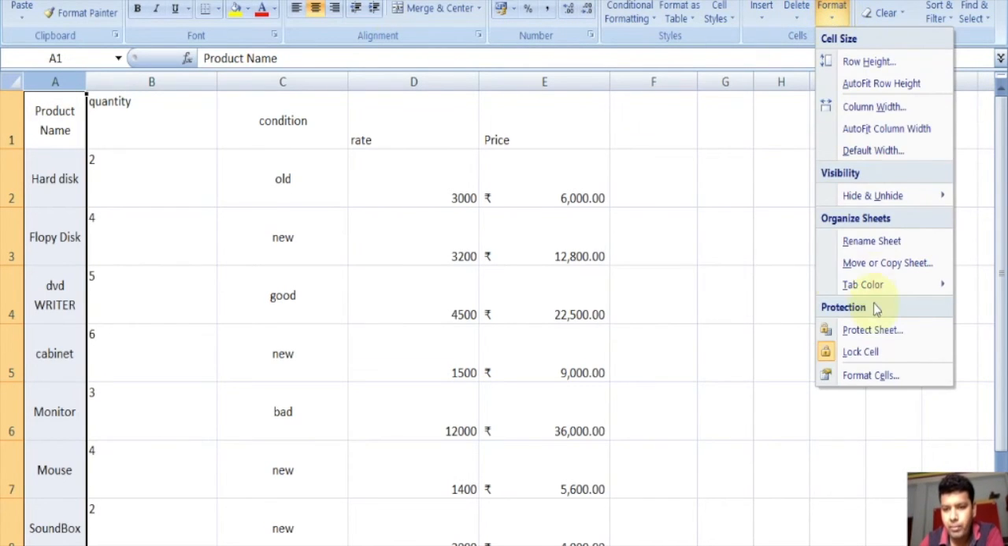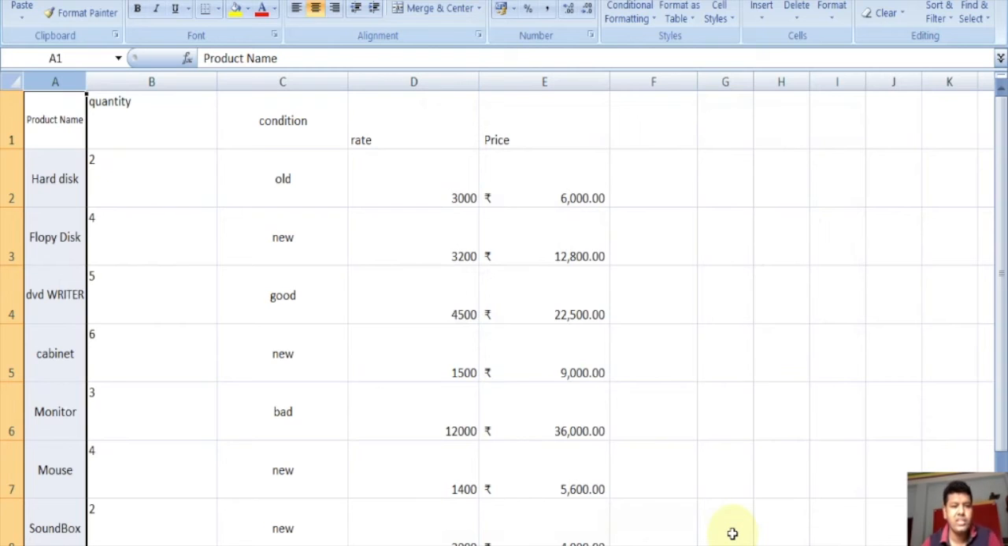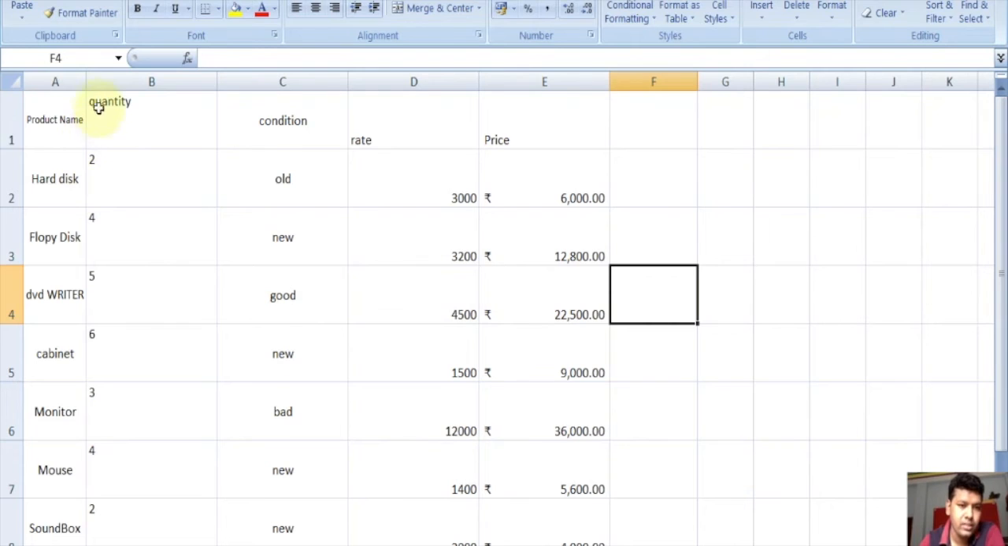click on Format Cells, make wrap text off and make it shrink to fit. Shrink to fit means we can shrink the text until it fits in the cell. So this is called shrink to fit. And if we don't want to shrink this, and if we want to merge 2 cells, we can do